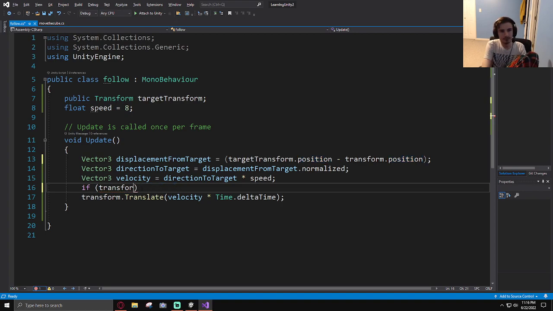If displacement from target, but those are vectors. Both of those are vectors. Well,